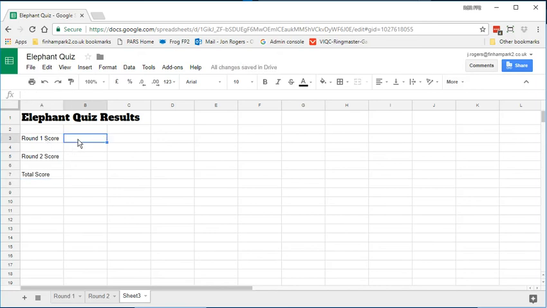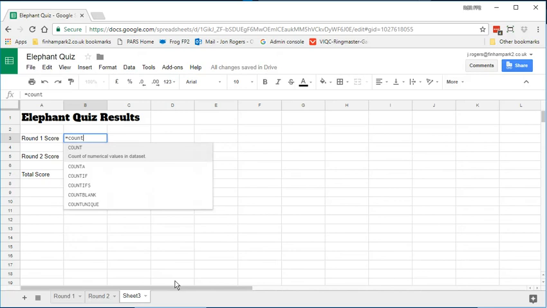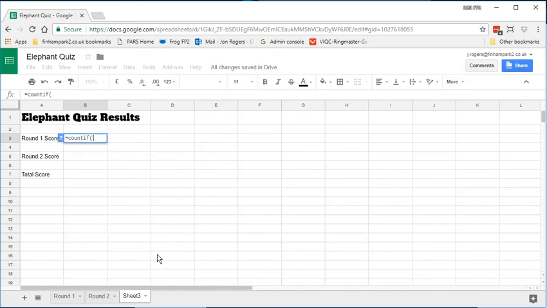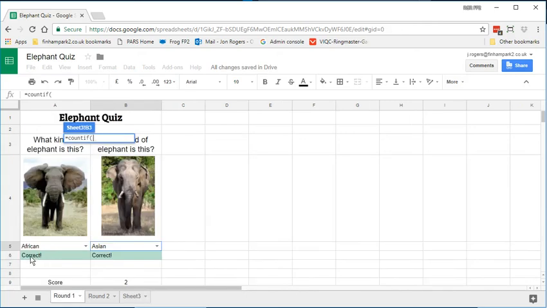So to do this, we're going to need to get data from other sheets, which seems a little bit complicated, but is actually really easy. And we used a count if formula to work out the score on round 1. And let's use the same thing here. So equals count if, open bracket. To get the data from another worksheet, I simply click on the sheet, and what I'm counting is how many of those two